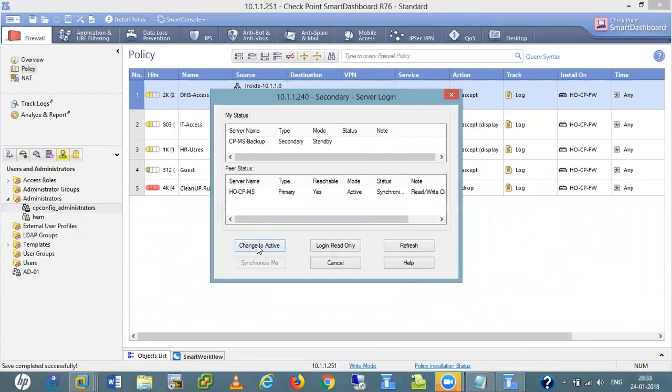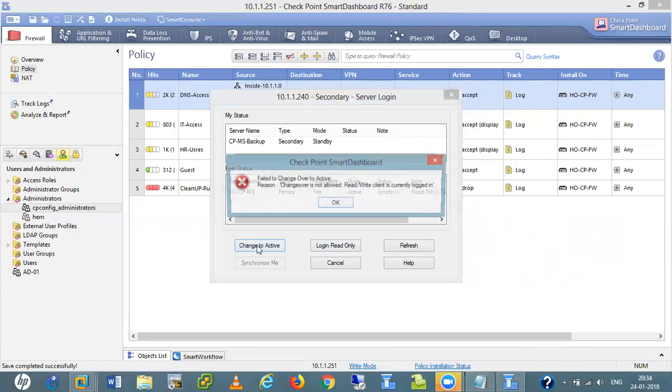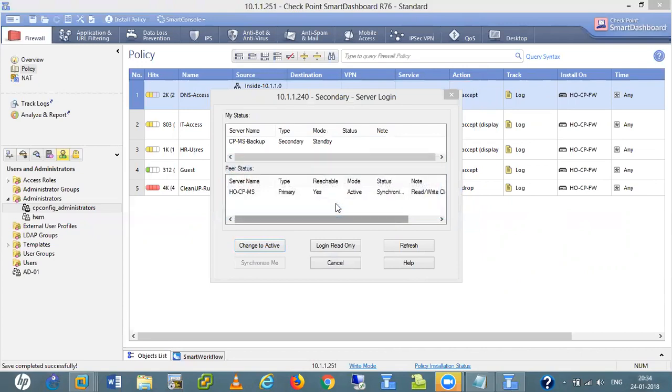If I change to active, then see, failed to change over to active. Reason: changeover is not allowed. Read and write client is currently logged in. We get this error.